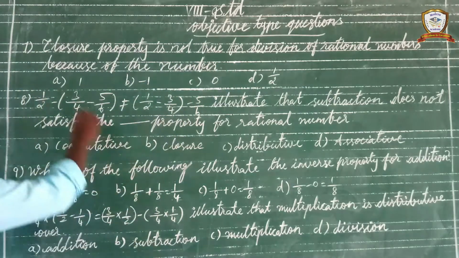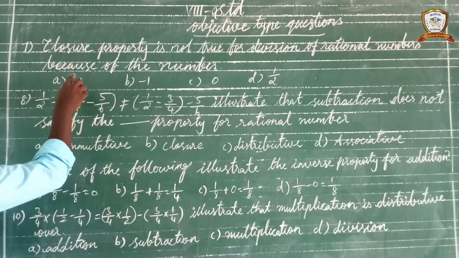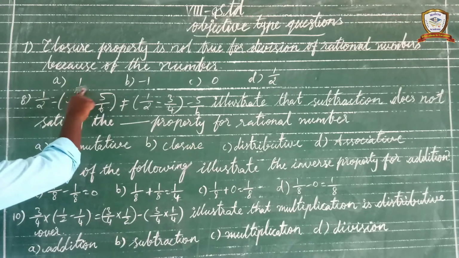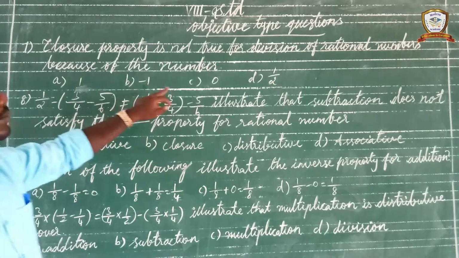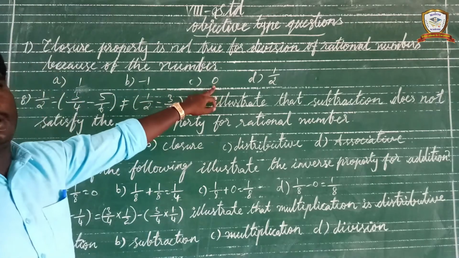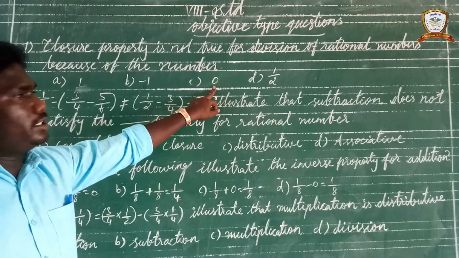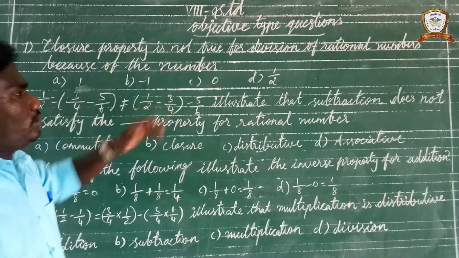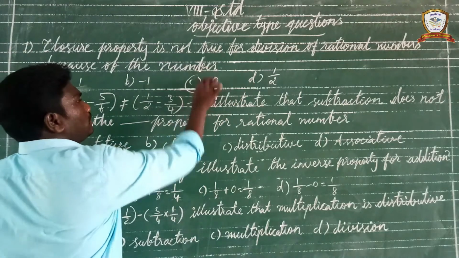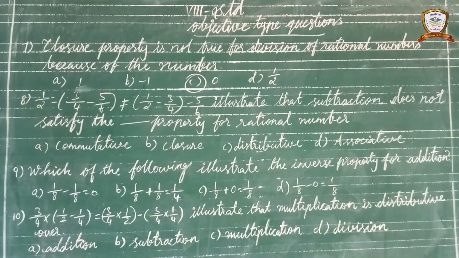So okay, option A we take. Suppose here the denominator is 1 half; this is a rational number only, so satisfied. Here minus 1 also, denominator 1 half, satisfied. But here 0 divided by 1 is not satisfied. This is not a rational number. Suppose here 1 by 0 we take, that is also not a rational number. Therefore this is not satisfied for 0. So 1 by 0 means an undefined value.